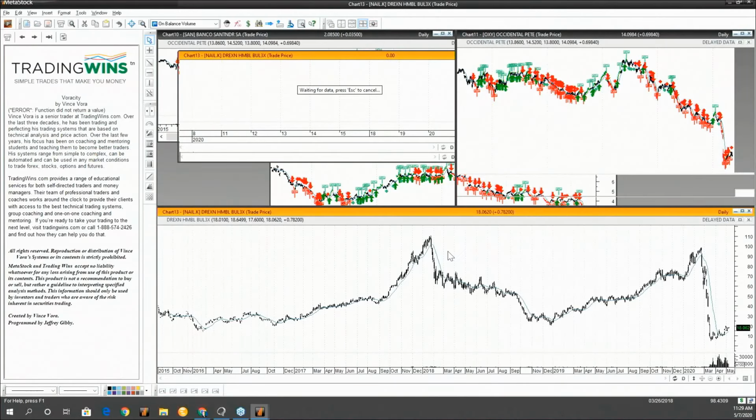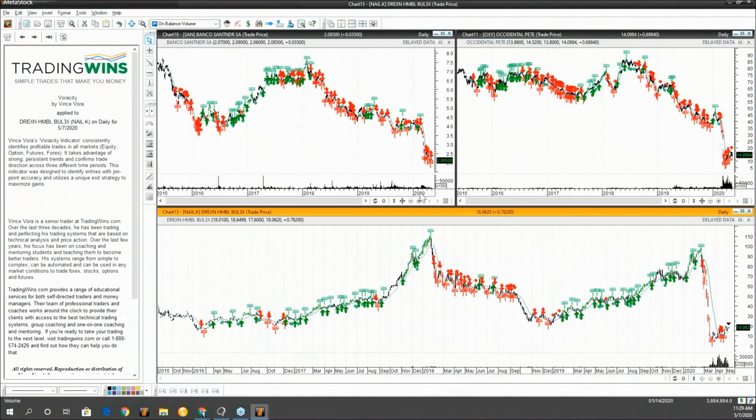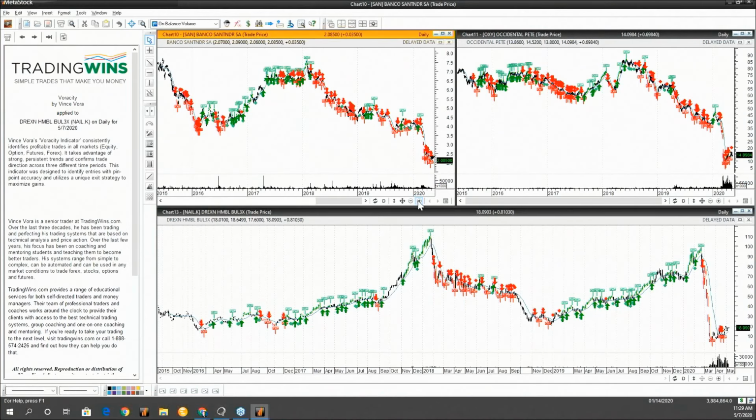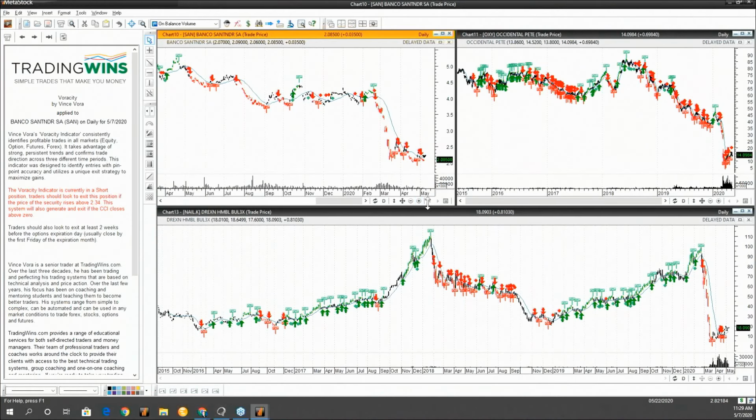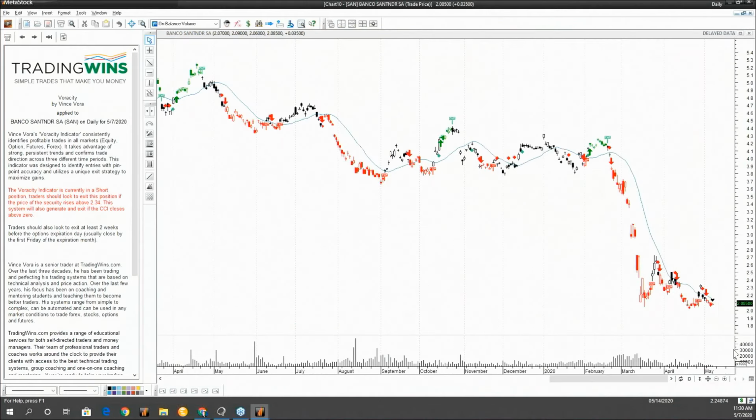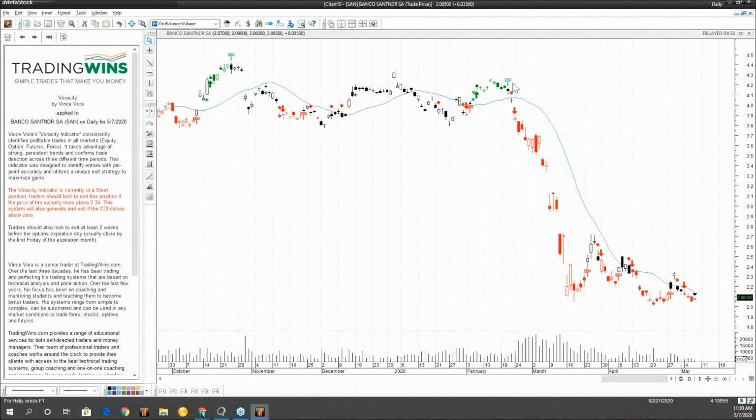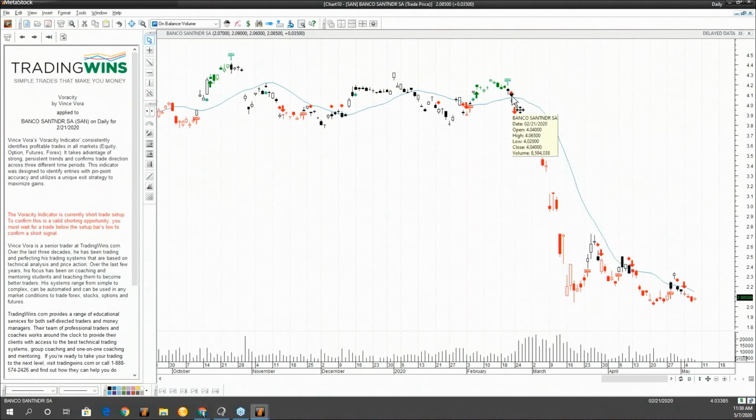Let's go into these charts, then I'll show you the ones that I was looking at as well with Voracity. So this one is SAN. Let's make this one a little larger. It's a little volatile right here, but it still took advantage of this last signal, the little big one right here. So it got you in. This would have been the 21st of February. Got you in the very next candlestick and rode that all the way down. And then again, it reversed a little bit, and as soon as it starts to reverse, got you out.